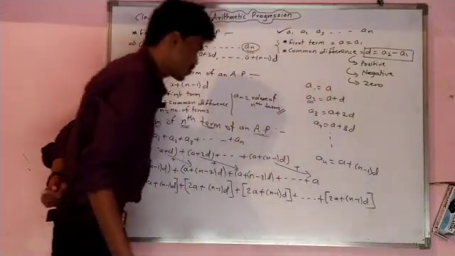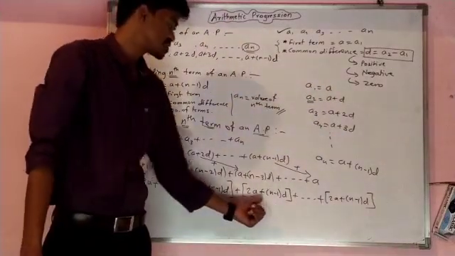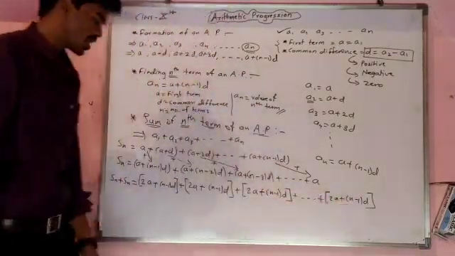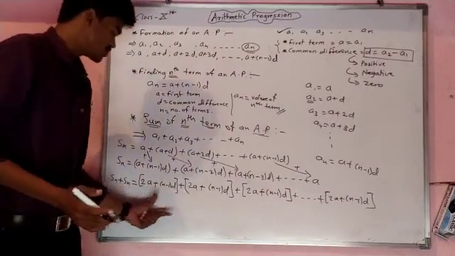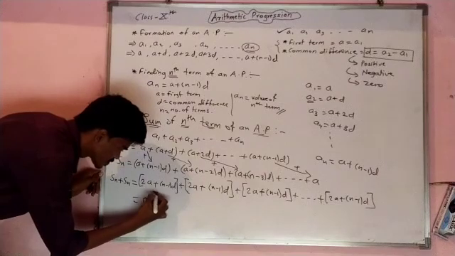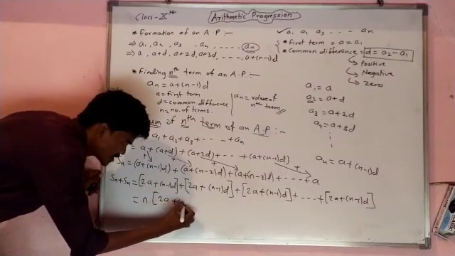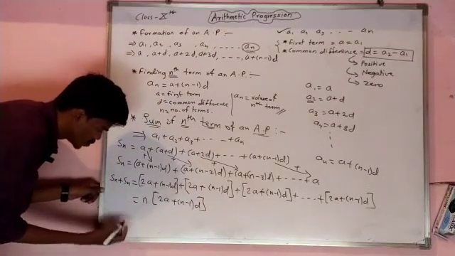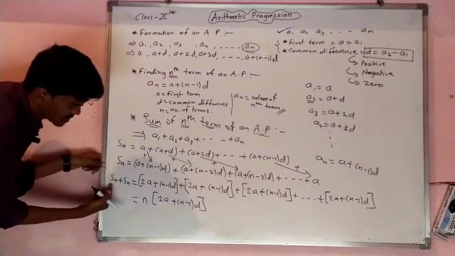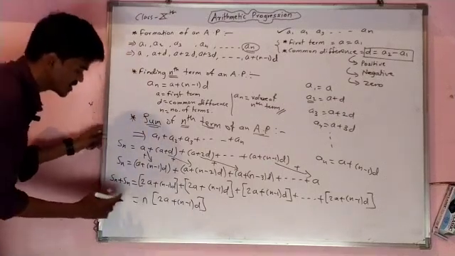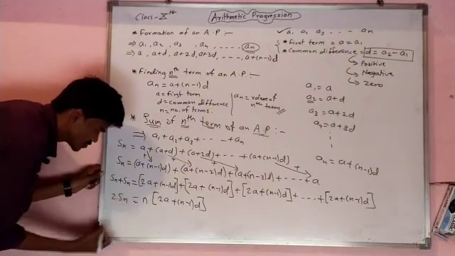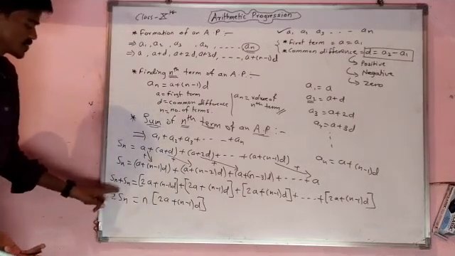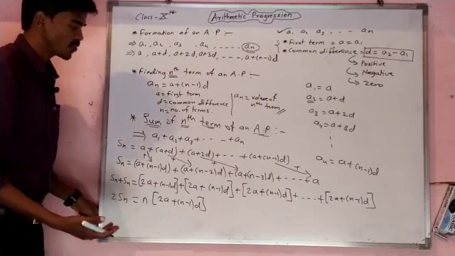So how many times do we get the term 2a plus n minus 1 into d here? 1, 2, 3 and so on, n times. Because we get the same term n times, we multiply this term by n, that is n into 2a plus n minus 1 into d. Is it clear? Now on this side, Sn plus Sn is exactly equal to 2Sn. Whenever we take x plus x, we get 2x. So we need only the Sn formula.